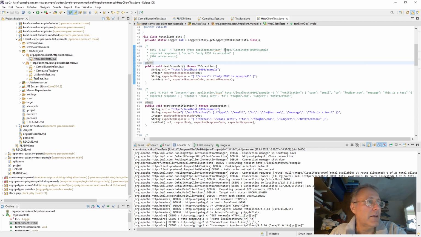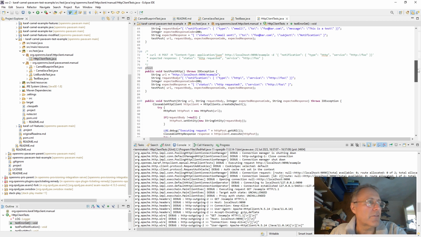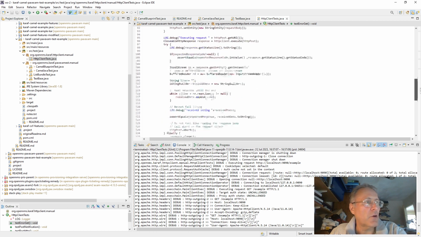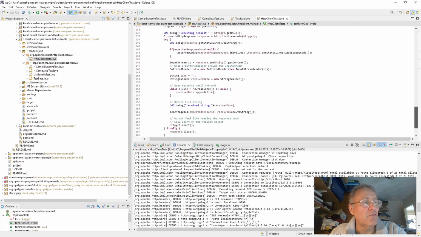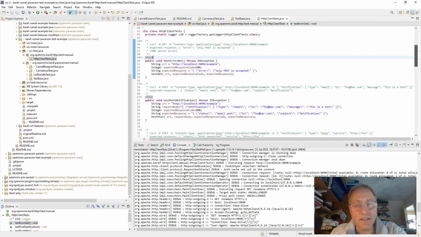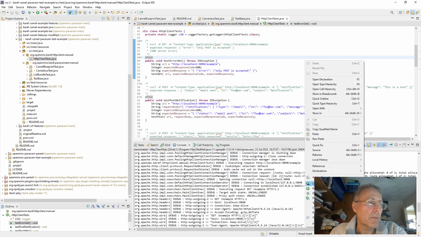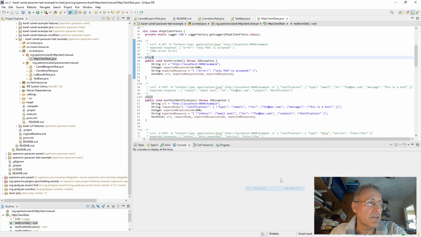It's making a get to this URL. This one is doing a post to that URL. And there's another one further down that's doing a different post to the URL. And then there's a bit of code down at the bottom here that actually runs the individual tests in HTTP client. So if I run this test, run as JUnit test,